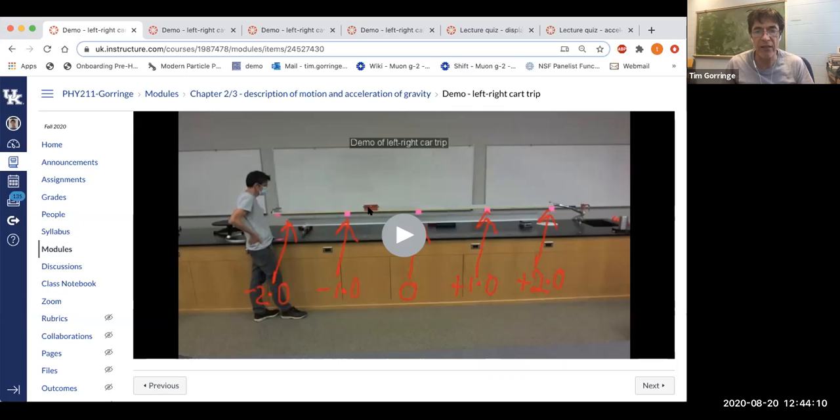Now, I've added to the video, again, I did this with my drawing pad, and it turns me into a 2-year-old, some locations. So in the center here, I'm going to call this the origin. And so I labeled it with O for origin. And then you see on the left and right, plus or minus 1 meter. So that's 1 meter to the left and right of the origin. And then you also see I've marked out plus or minus 2 meters.